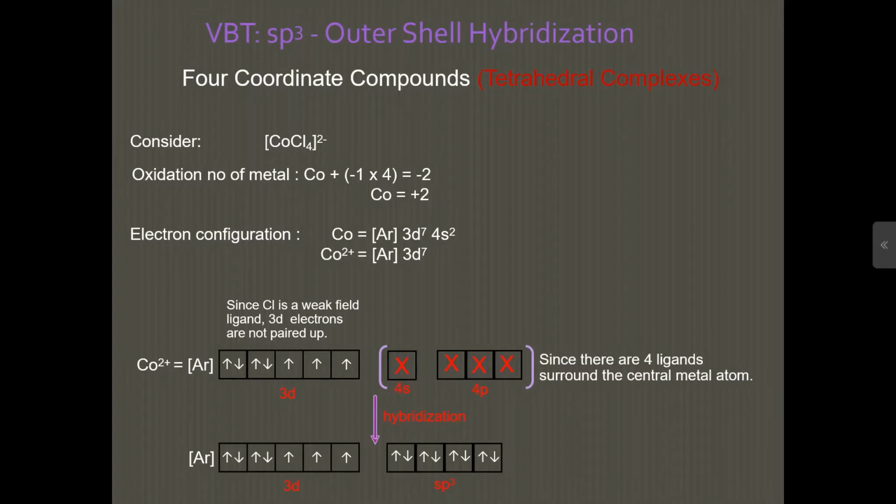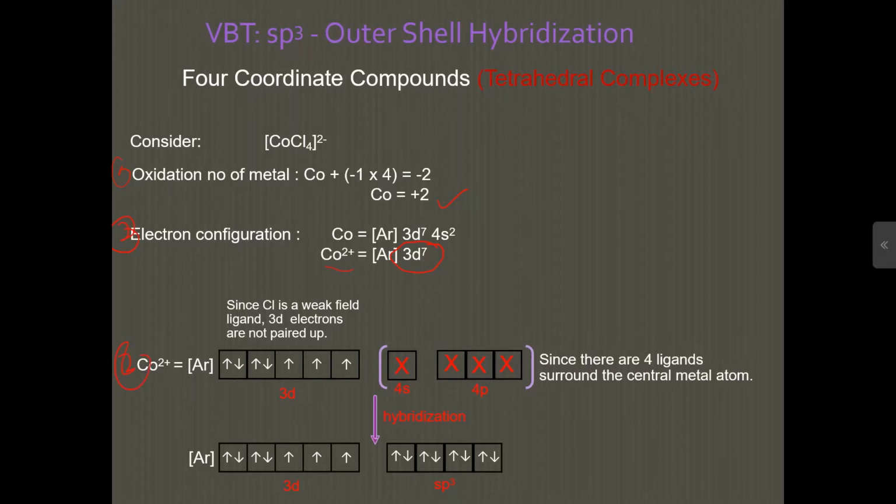The first step is you need to know the oxidation number of cobalt. Why? Because we need to know how many electrons are in the d orbital of cobalt. So you calculate here, then you know that the oxidation number of cobalt is positive 2. From there you need to know the electron configuration for cobalt and cobalt 2+. From here you know that we have 7 electrons in the d orbital of cobalt. So you need to write it. This is the first step, second step,